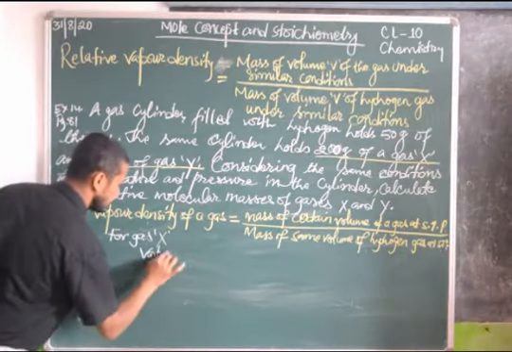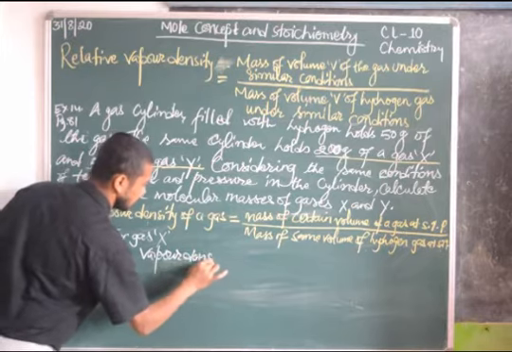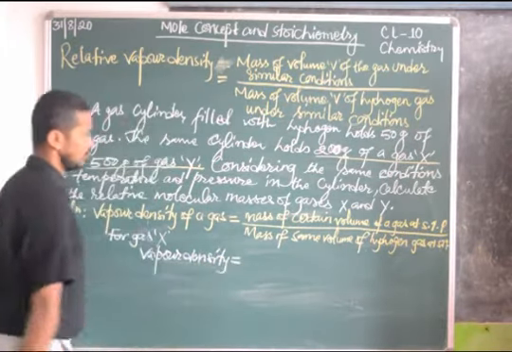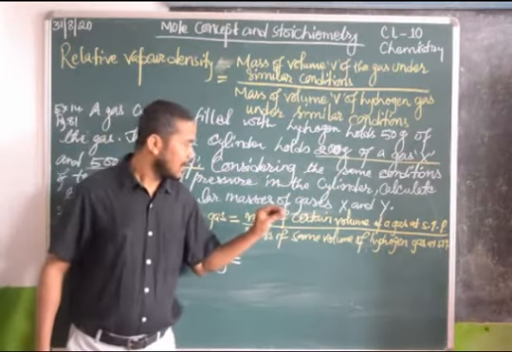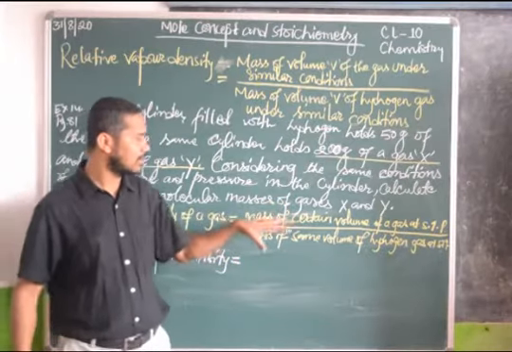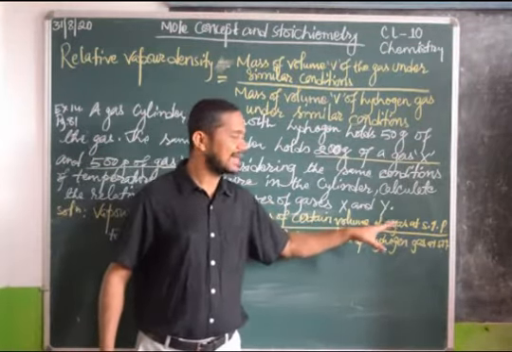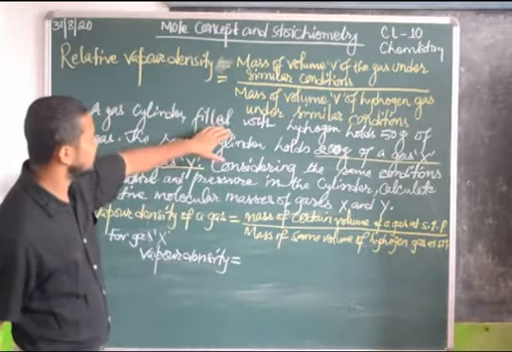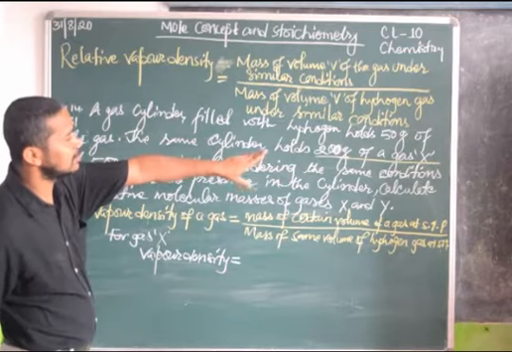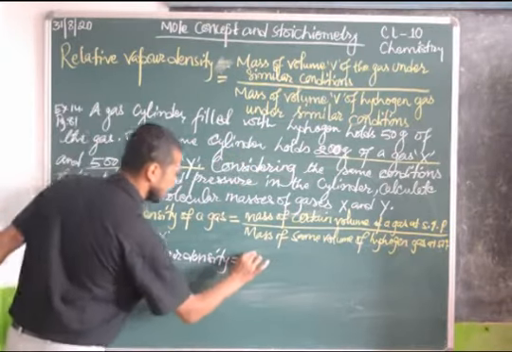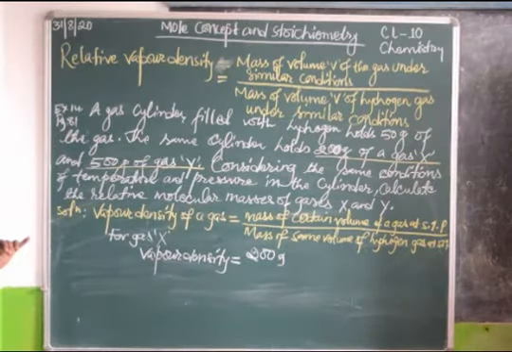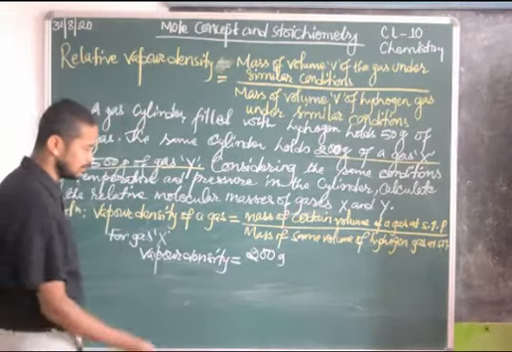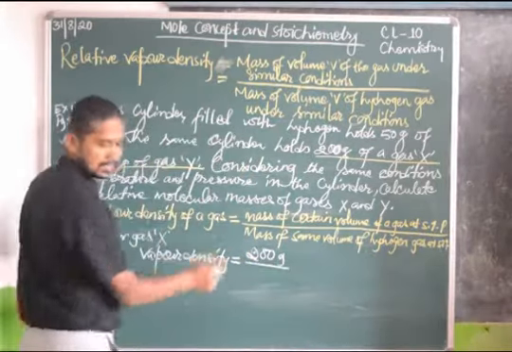Vapor density is equal to the mass of a certain volume of gas at STP. What is the mass of a certain volume of gas X at STP? What is given here? The same cylinder holds 200 gram of a gas X. That means it can hold 200 gram. So the mass of a certain volume of gas X at STP here is 200 gram, and